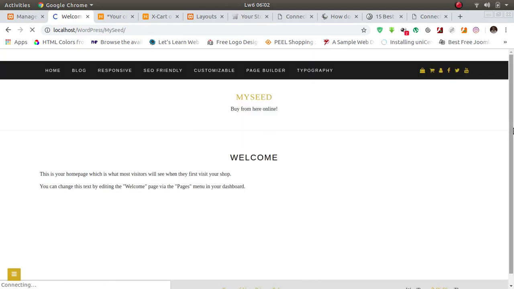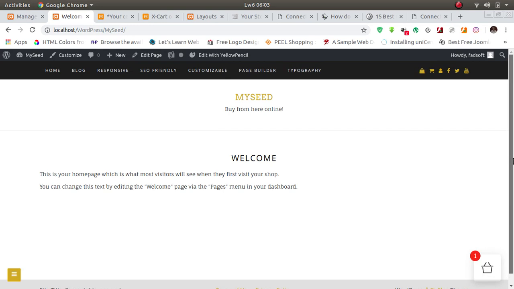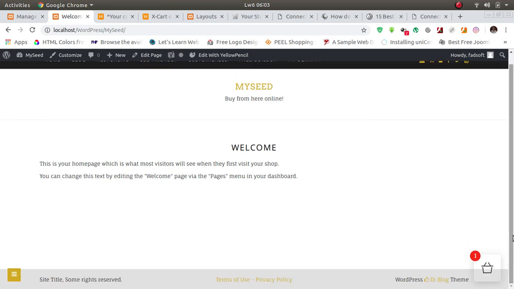Refresh, you see, here we are. Footer is here. Site title, this is the site title as it is reflected from here. This terms of use, and here we have the developer section.